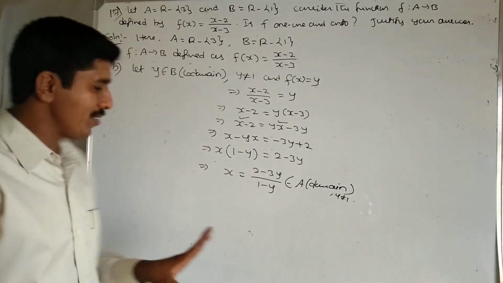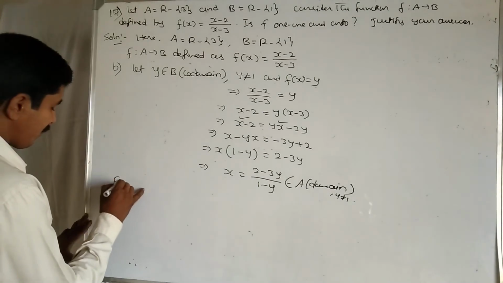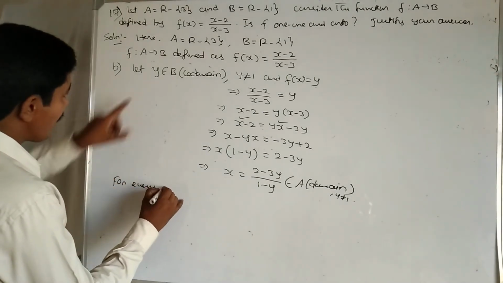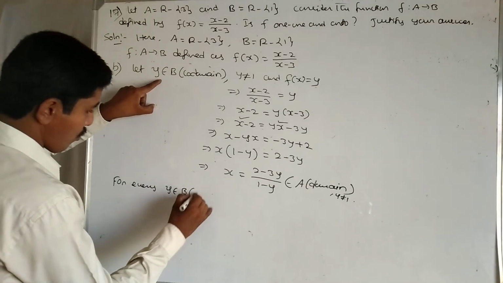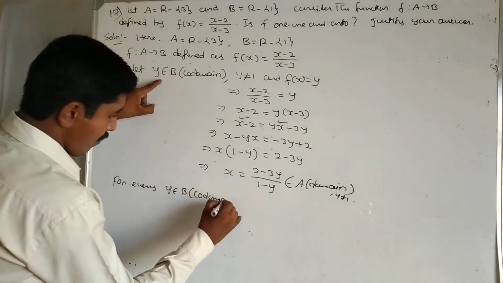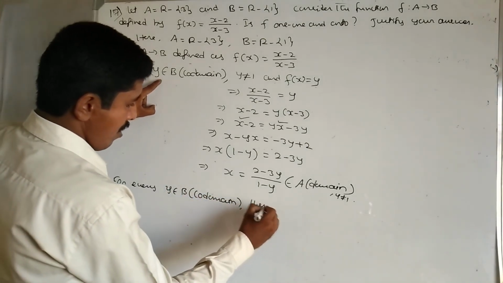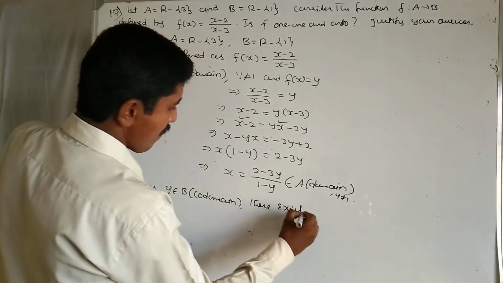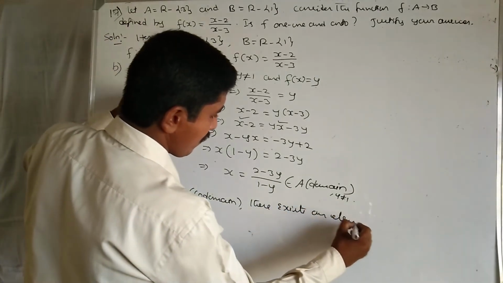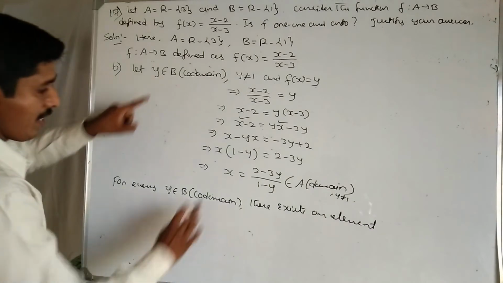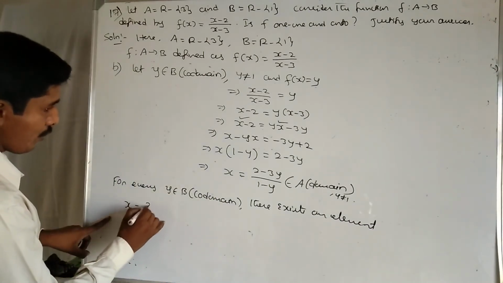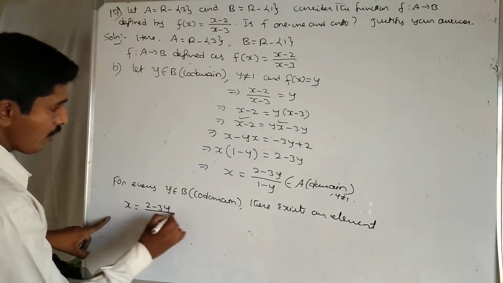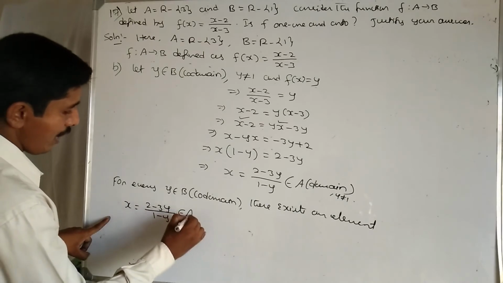Finally, the statement: for every y belongs to the codomain, there exists an element x equals (2 minus 3y) divided by (1 minus y) belonging to the domain,